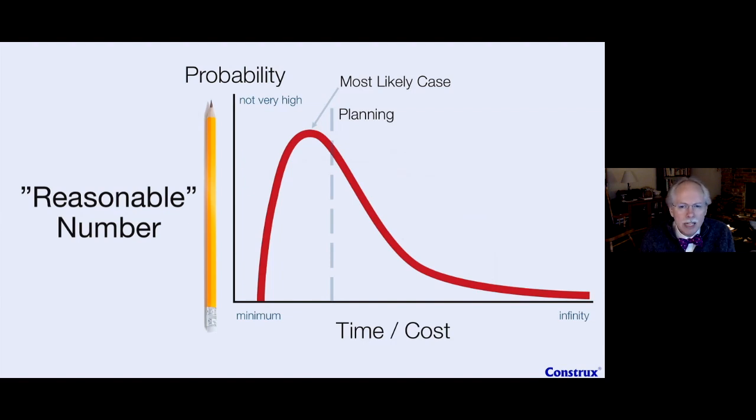But we want to use the planning case because this is the number that we're going to plan against. And this is my reasonable number. Where my promise number was my unreasonable number, my planning number is my reasonable number. This is the number that people would say, okay, I can live with that. That sounds rational. Right? And especially if I prime them with a really scary promise number, they're often very grateful to come back to the number and say, okay, here's what we're planning to do. But remember, my planning number is still, even if I get the right point, it's still 50-50, right? I'm equally likely to go over as under it.